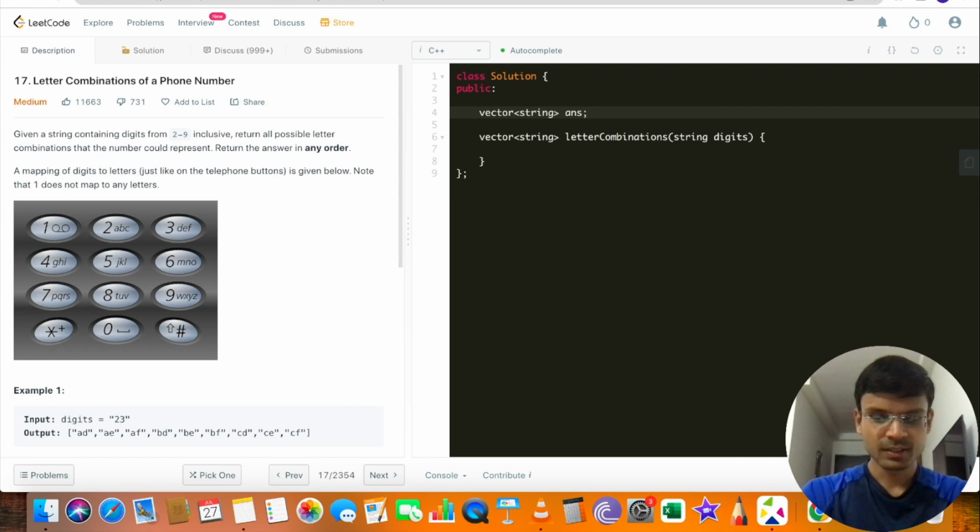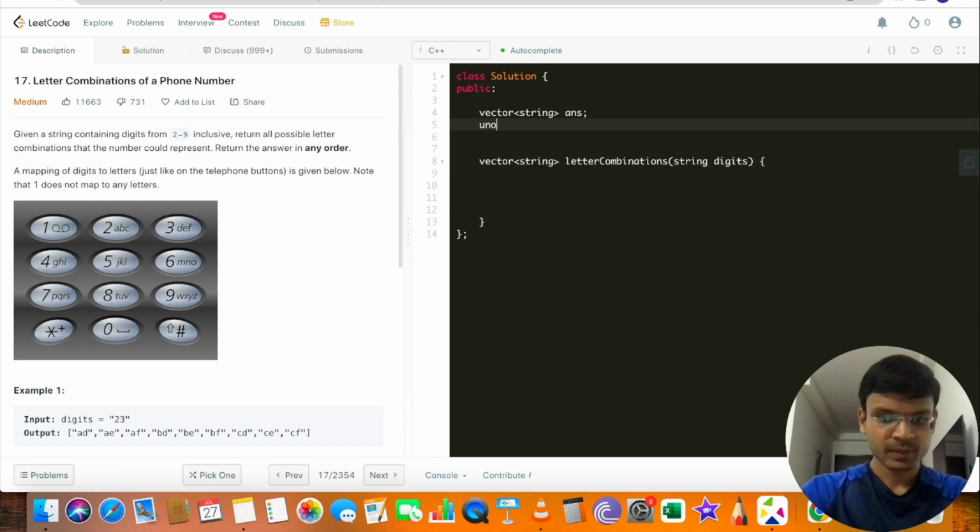Let's call it answer. And also I need to somehow maintain the digits string, right? Each character of the digit string would be a character in itself, at each index of the digits string, right? So I have to create one map basically. So let me create one map. It can be a map of character and string, right? So let's call it mp, and in this map I'm going to insert,